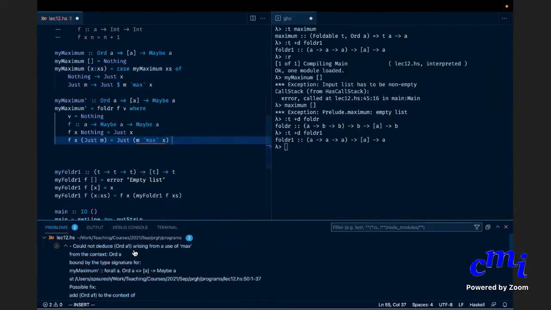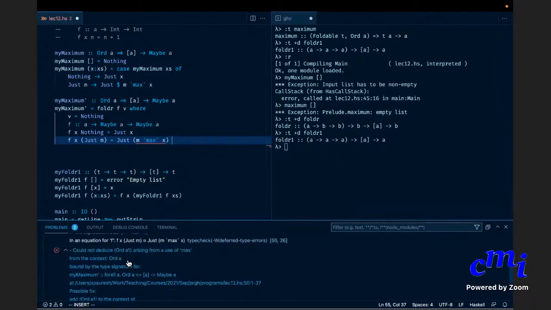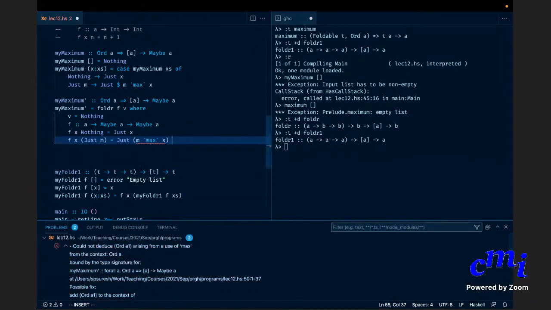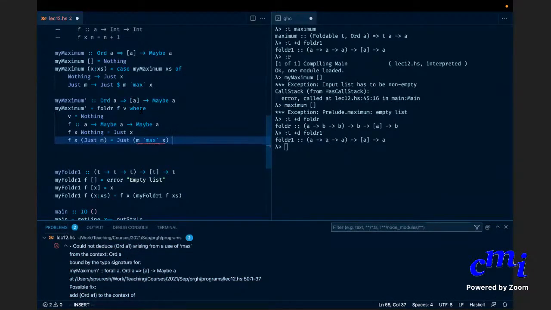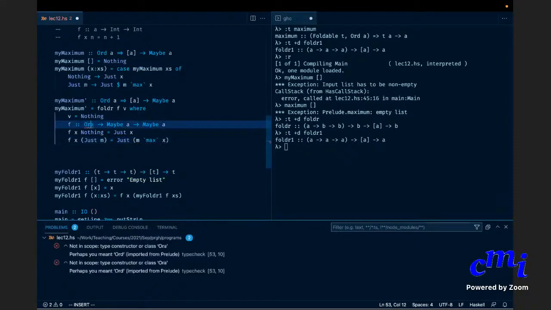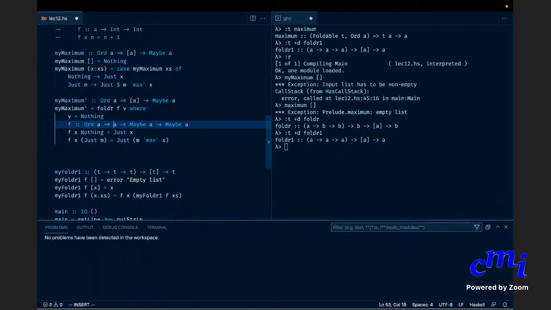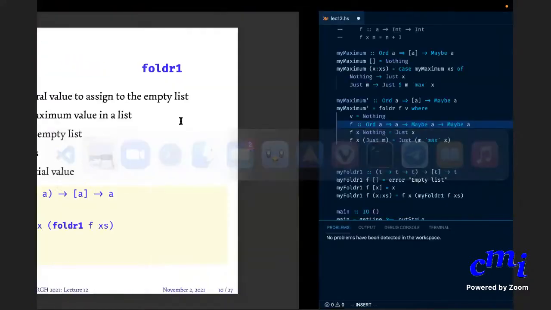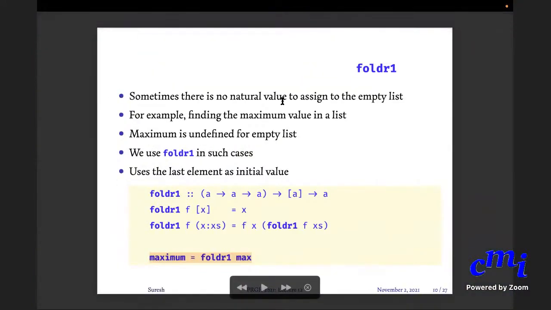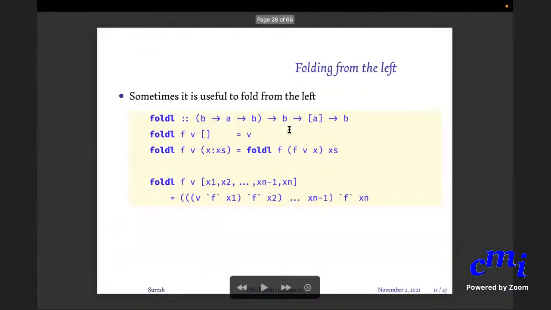So the definition of f should have odd in it. f itself should have odd. Here I should just put that. Okay, good. So we have done all this. Let's get back to the slides.